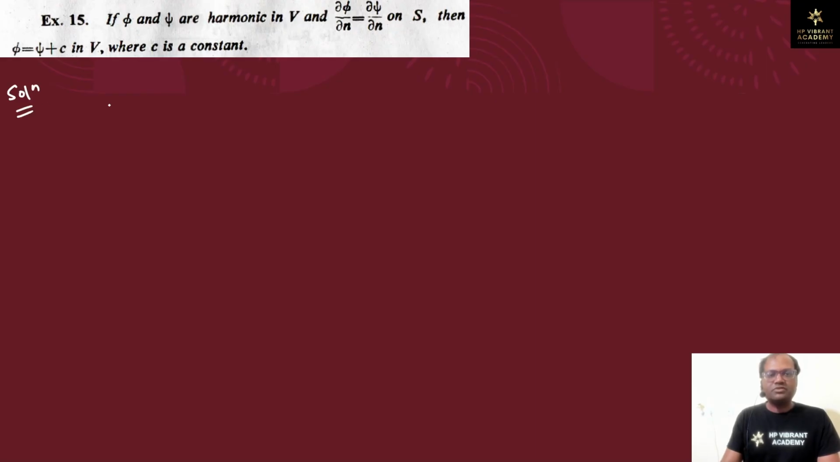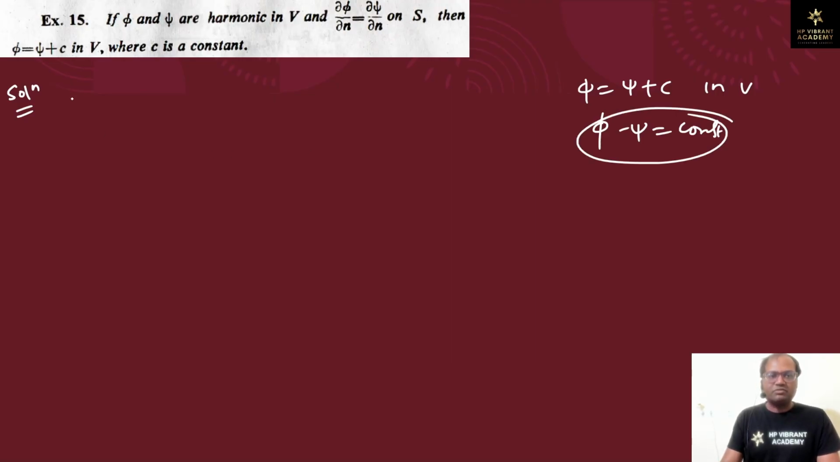It is given in question number 15 that if phi and psi are harmonic in V and del phi upon del n is equal to del psi upon del n on S, then what we have to show? Phi is equal to psi plus C in V. Okay, so basically we have to show phi minus psi is equal to constant. So what is given in the question? Given that